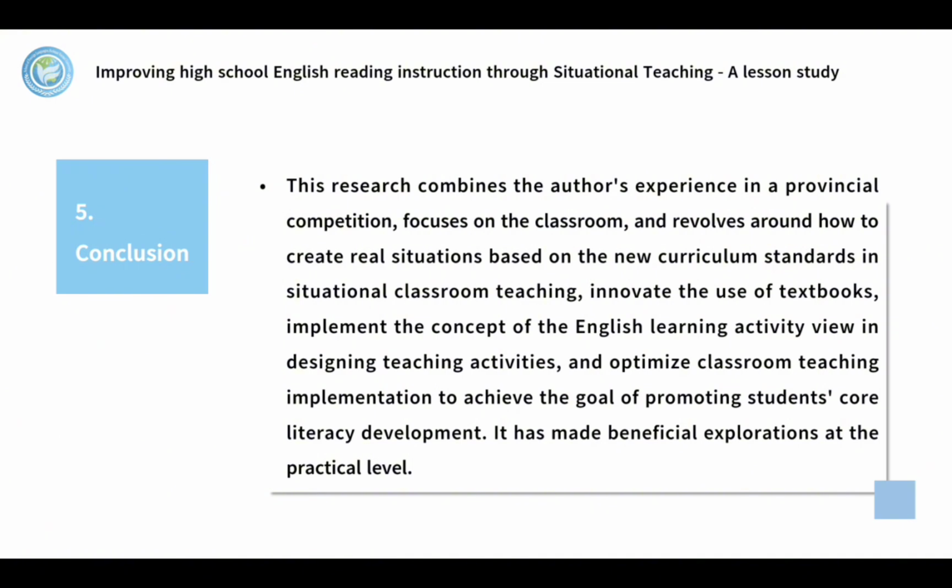And we also focused on the new curricular standards, and we innovated the use of textbooks, implemented the concept of the activity-based approach to English learning in designing teaching activities, and this has made beneficial explorations at the practical level.